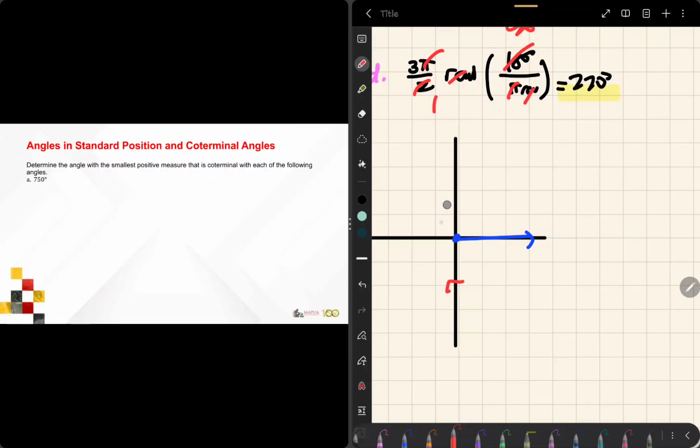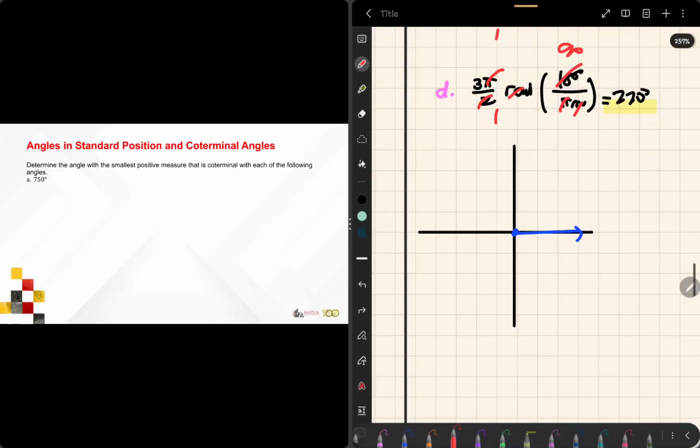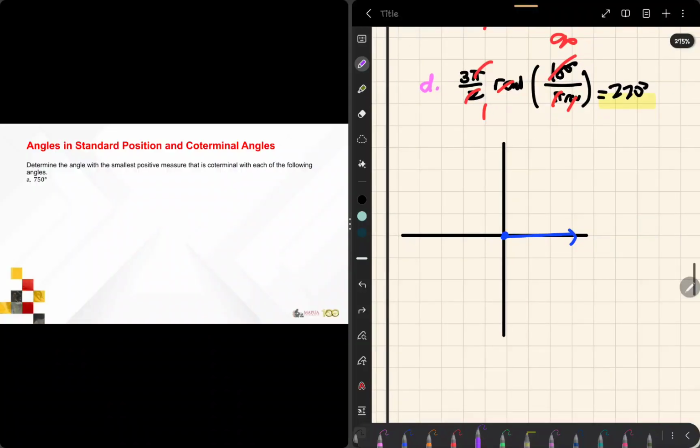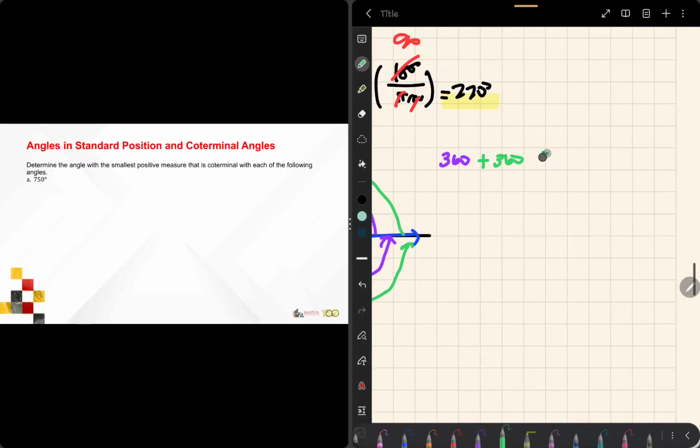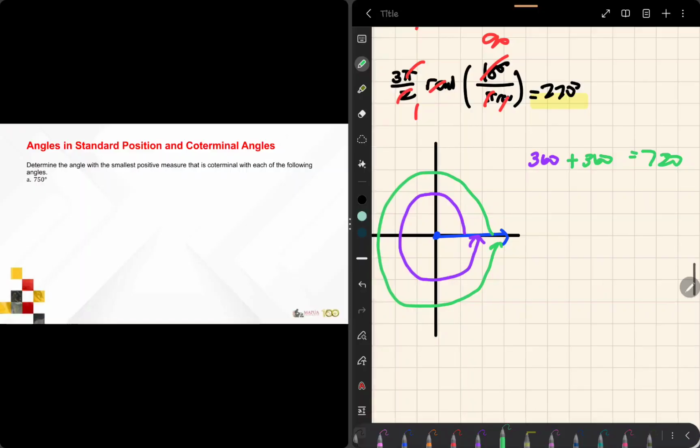So we have 750 degrees. This only means that from our initial side, it rotated 360 degrees, and again, it rotated 360 degrees. Giving us, if it rotated 2 times, 360 plus 360, which will be equal to 720. And therefore, to find its coterminal angle, to become 750 degrees, it rotated